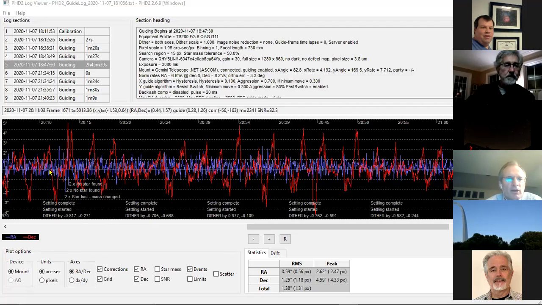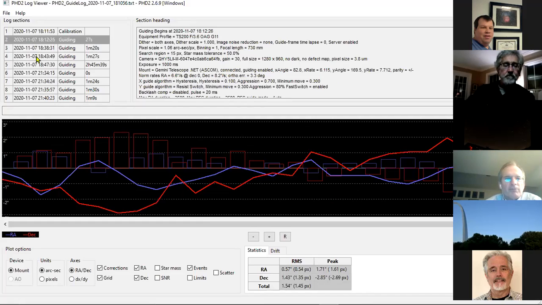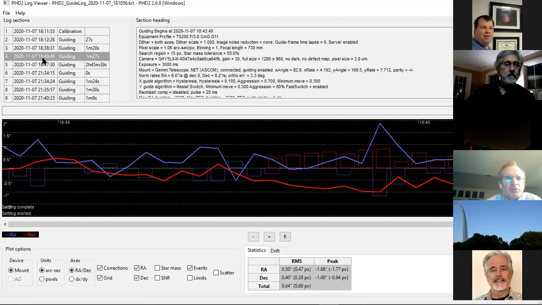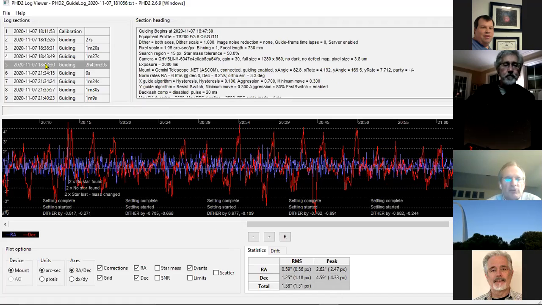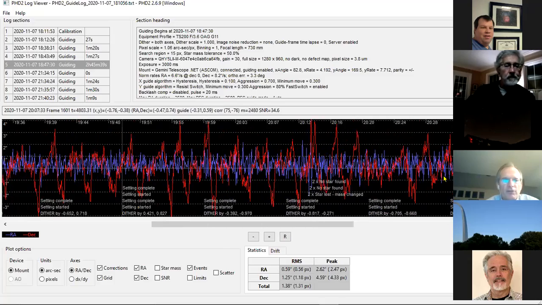But what it's showing is everything that's happened. So you can click on calibration. It's showing you your calibration result. It'll show guiding, and here's me getting started. Okay, here I'm actually doing a run. It's going to show the declination, right ascension, guiding. It's going to show the corrections that were applied. You can zoom in and zoom out, so you can really get a good view of what happened throughout the